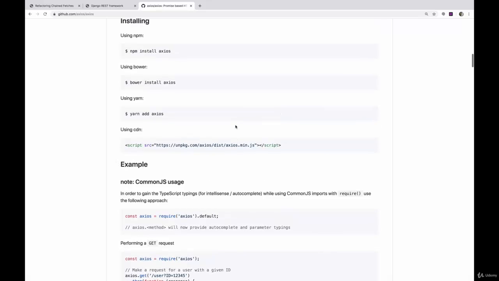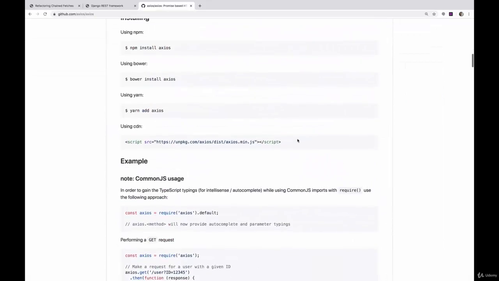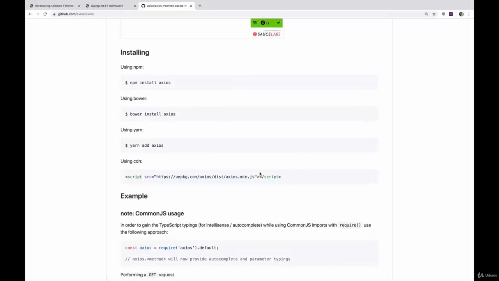So the first thing we need to do if we want to use Axios is we need to include it in our HTML file as an external script. So you can download it and have the files on your machine, but the simplest way is to copy this CDN right here. So a script where the source is set to an external source. It's not one of our files on our machine. This is a URL. And if we visit it right now,